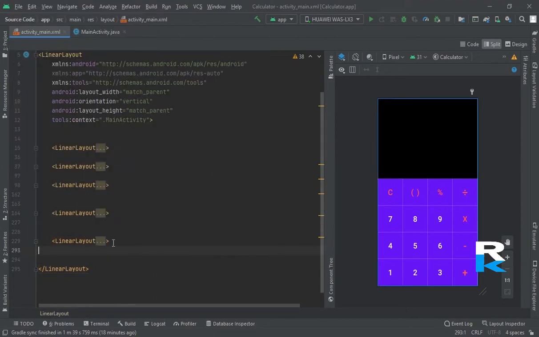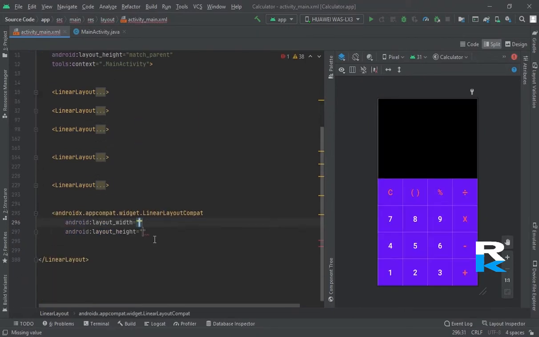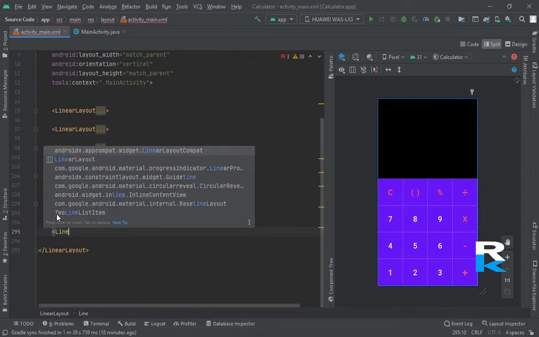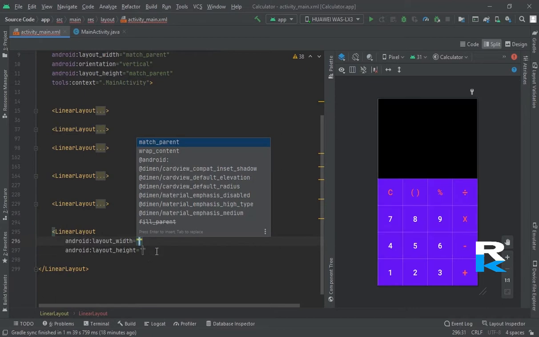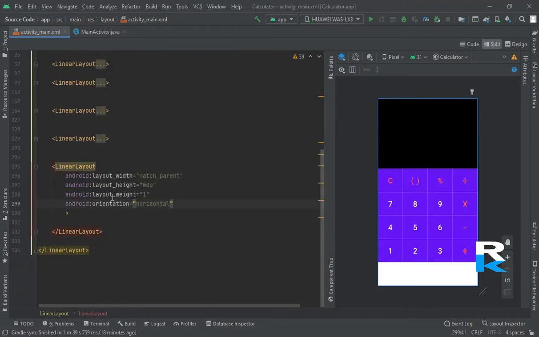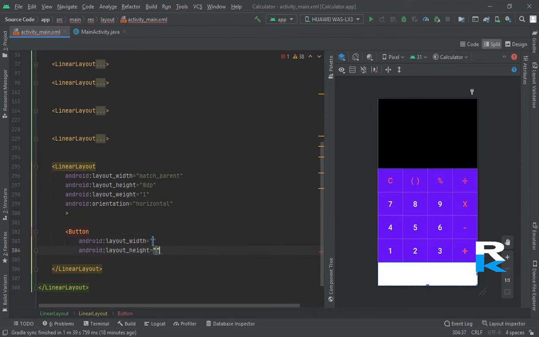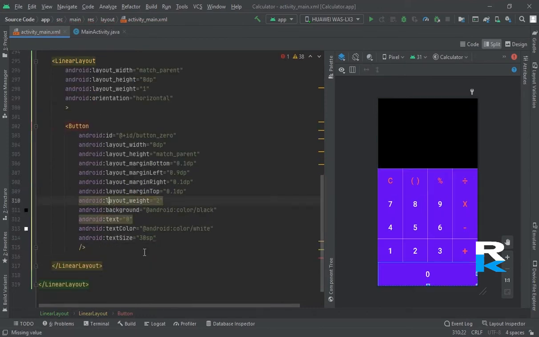Now let's create a linear layout for the next line, for the last line, fine. Sorry, linear layout. Close this. Look, the next line, and it's the last line. Now the button for 0. Here look, this is a 0 button.